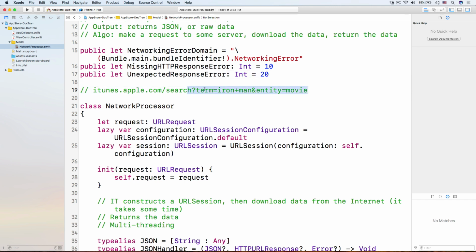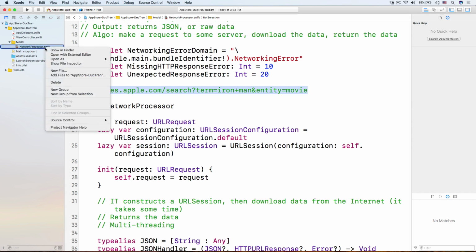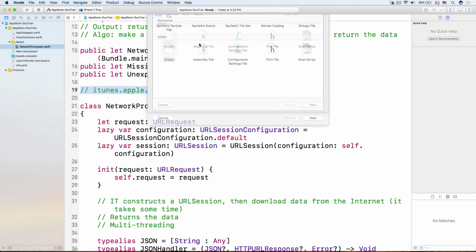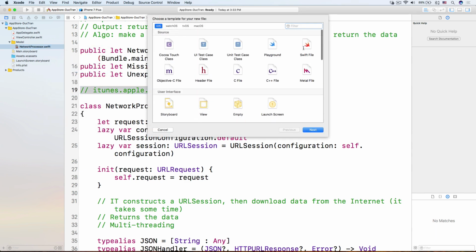There's a bunch of things that we have to construct, and if we put all of the construction of this URL inside our view controller, that could somehow violate MVC, because it's pretty much the job of a model class. So why don't we create a new file here in the model,